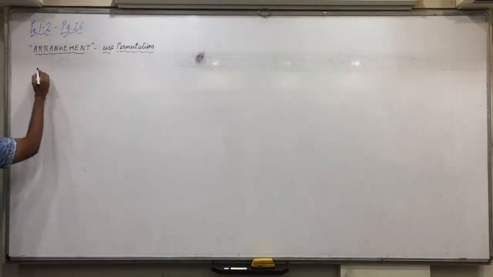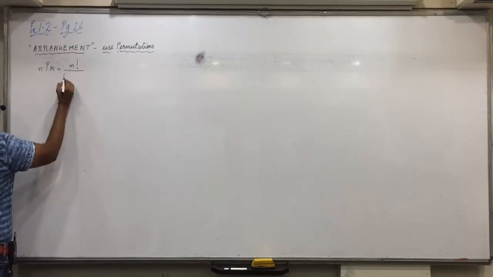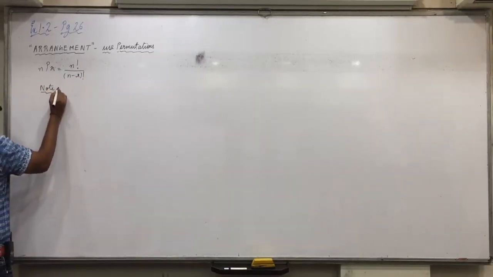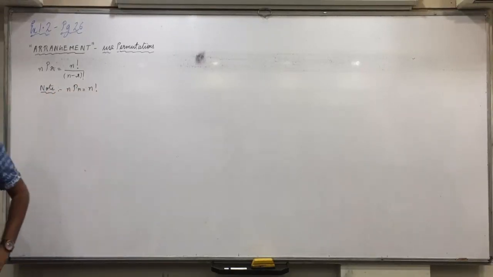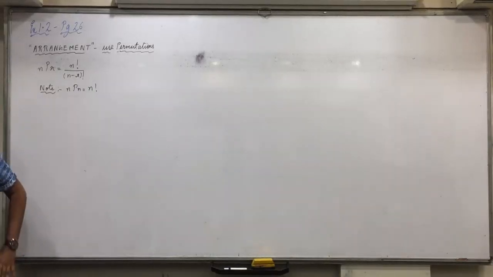Now here the formula was nPr equals n factorial upon n minus r factorial. But hardly it will be used. We had studied one note which will be more useful. That was nPn is equal to n factorial. So 4P4 is 4 factorial, 6P6 is 6 factorial. And if it's 6P2, then you have to apply the formula: 6 factorial upon 6 minus 2, that is 4 factorial. And you'll solve it: 6 into 5 into 4, the 4 would get cancelled, 6 into 5, 30. Is everyone of you clear with this?